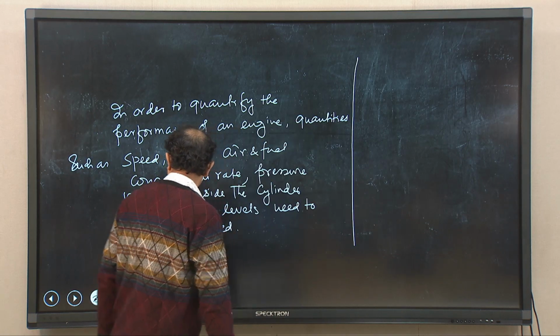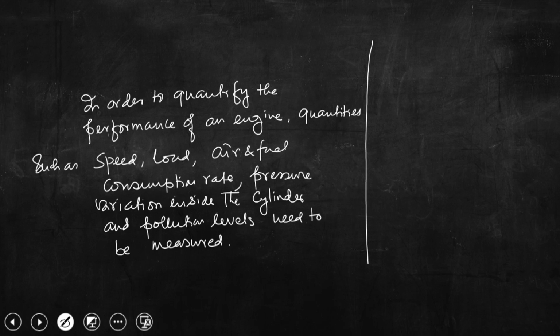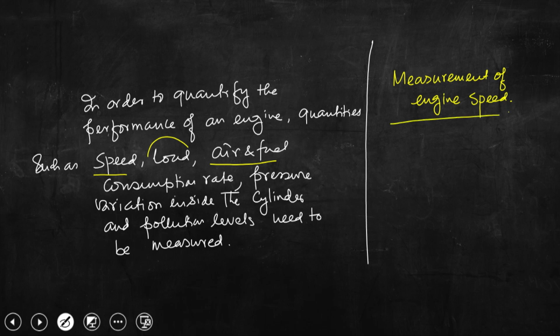So, again let me mark here what we have listed down. We have to measure speed, we have to measure load, we have to measure air and fuel consumption rate, and then we also need to measure pressure variation and pollution level. So, first let us discuss measurement of speed of engine speed. So, probably we know by this time RPM is used to measure the speed of rotation of the